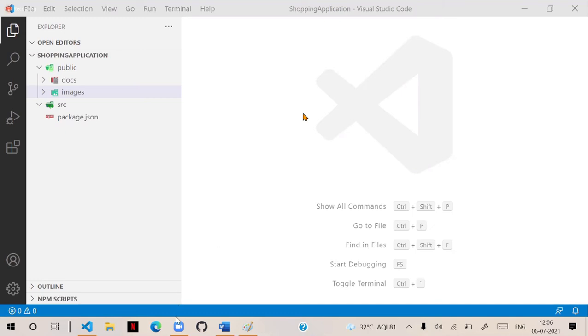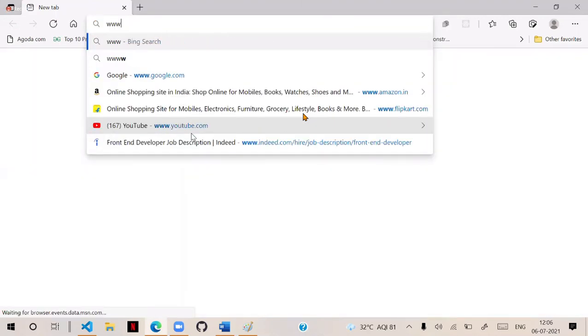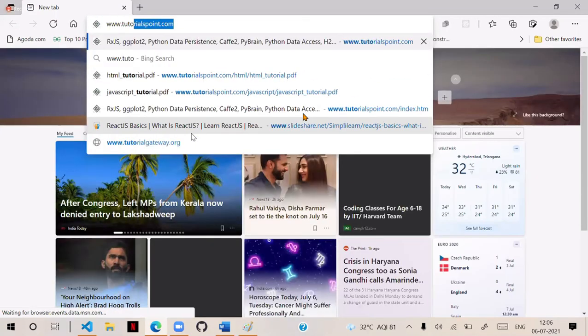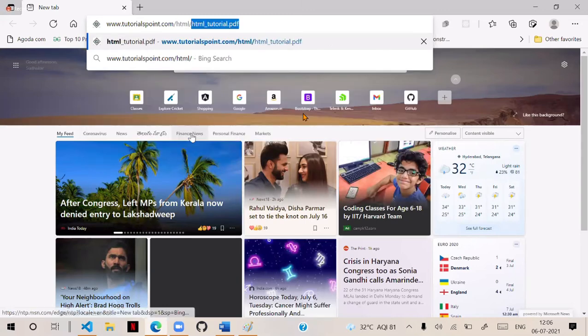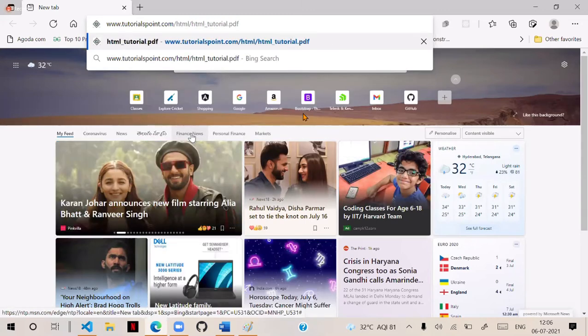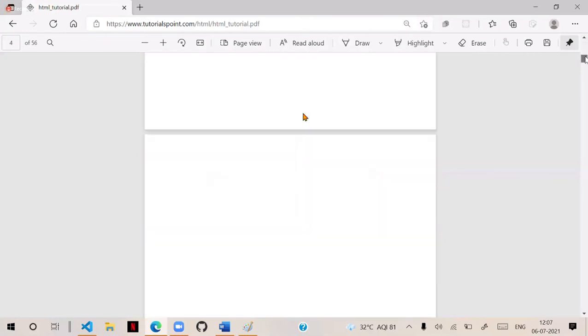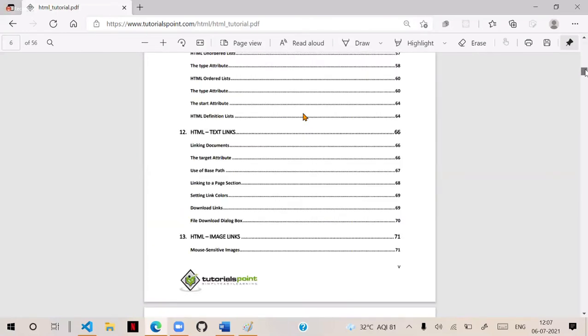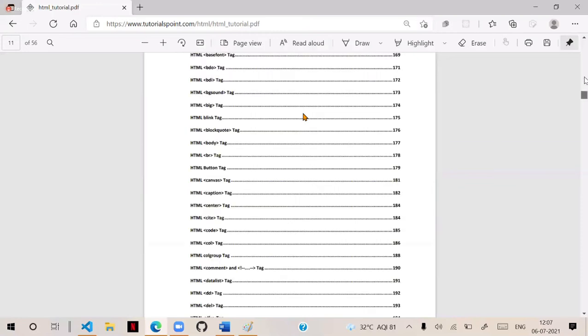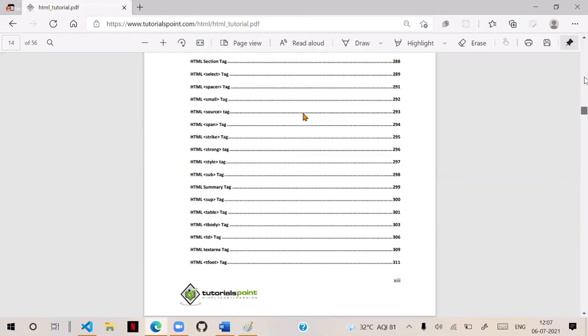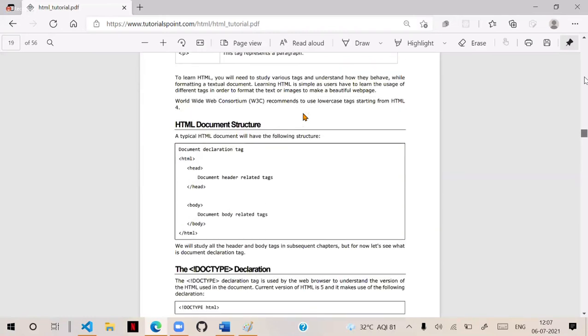That is what we saw yesterday. Suppose there is a website, Tutorialspoint: www.tutorialspoint.com/html/html tutorial PDF. If I know the path correctly, I can open their resource directly without visiting their web page. Without visiting their website homepage, we can directly access the resource and we can read the resource directly. That means that information is present, and you can access that resource.